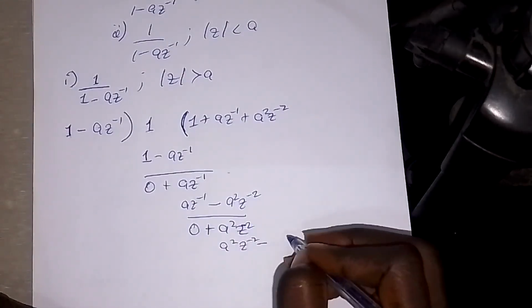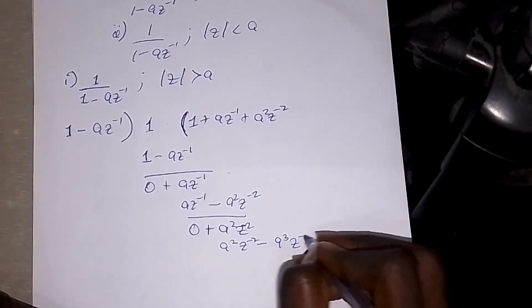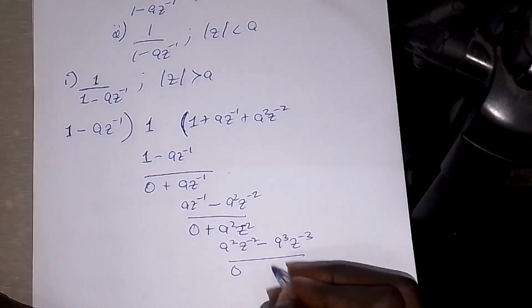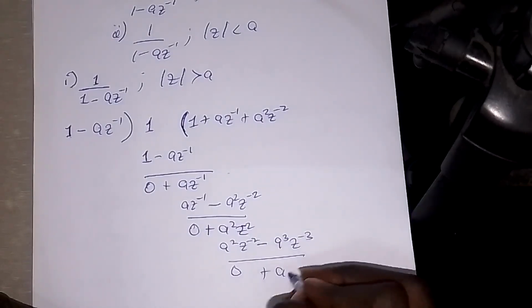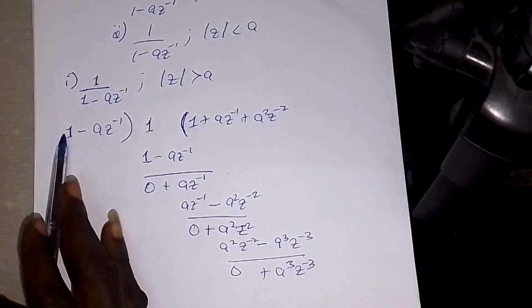Now this guy times this guy, what will I get? I'll get negative a exponent 3, and then z exponent minus 3. Okay, so now here I'll get 0. Here I'll get plus a cube z to the minus 3. Okay, so now this guy,